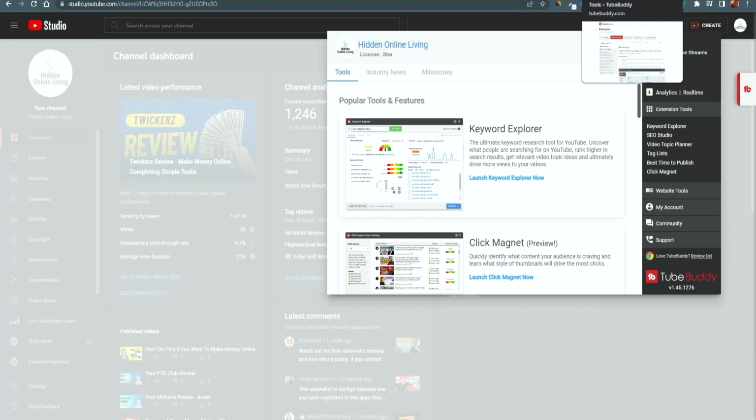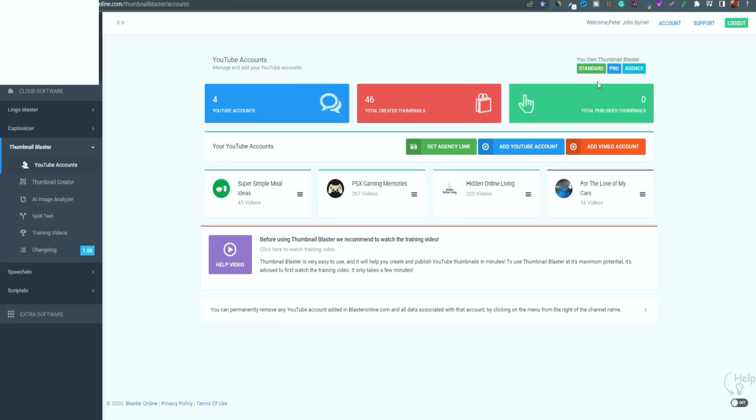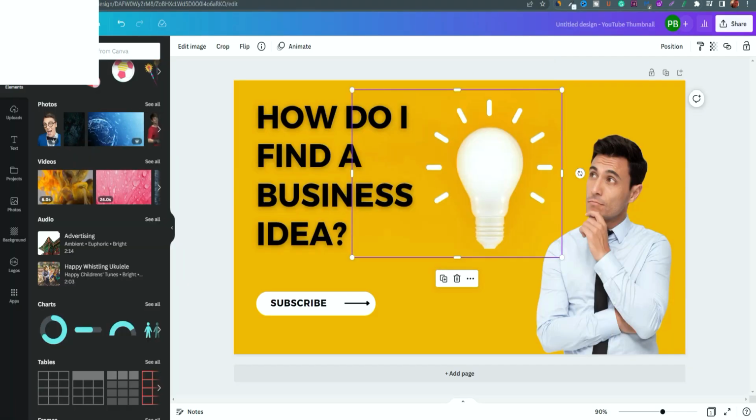But if you can't access, or if you can't afford the paid features inside of TubeBuddy, again, because it is a costly feature, you either pay per month or you can pay annually, and it can be pretty costly, especially if you're a beginner. Another good alternative would be Thumbnail Blaster, and it also has very similar elements seen in Canva